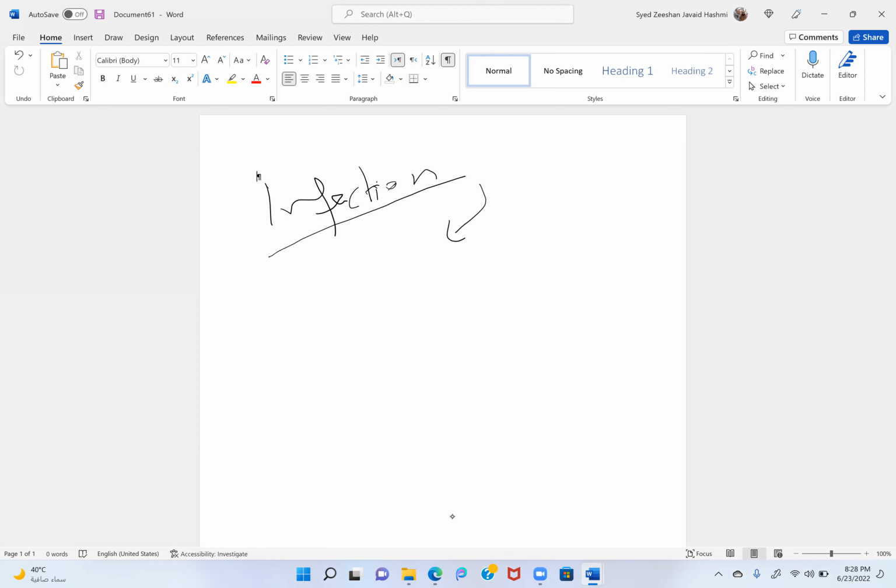So it's something very important, and there are certain ways to prevent the spread of infection. There are also certain ways to know what the deleterious effects